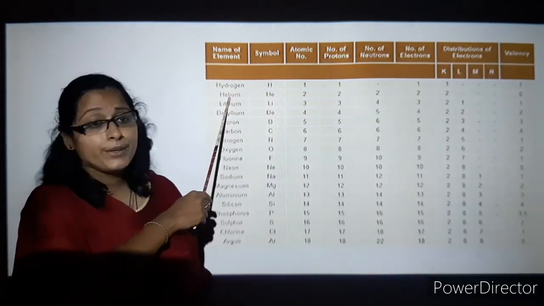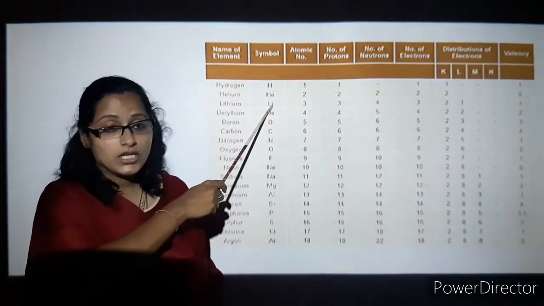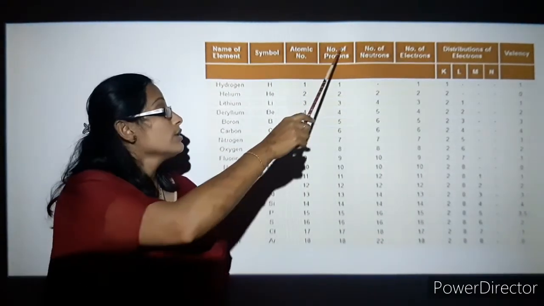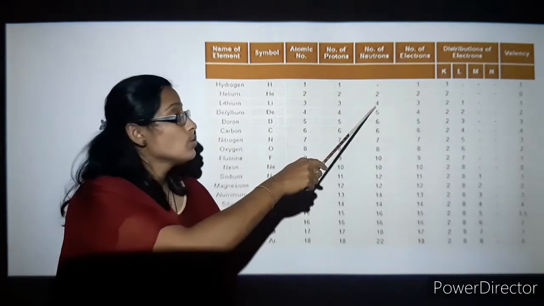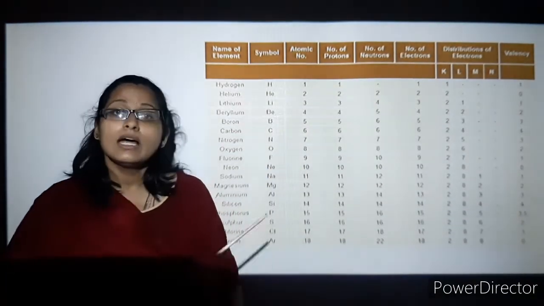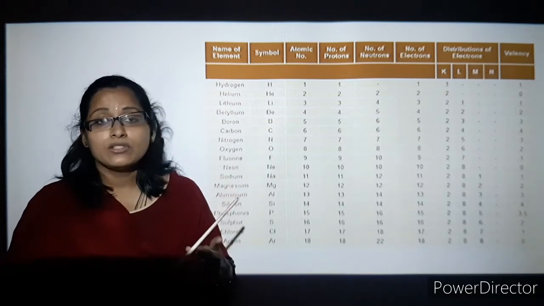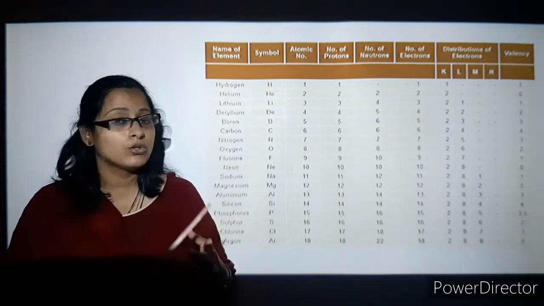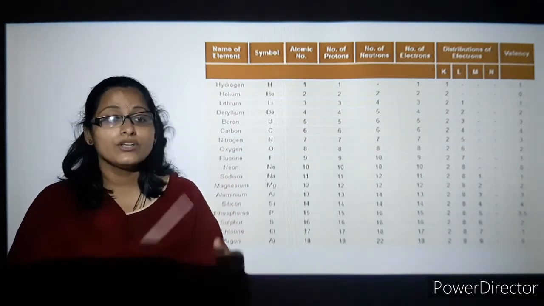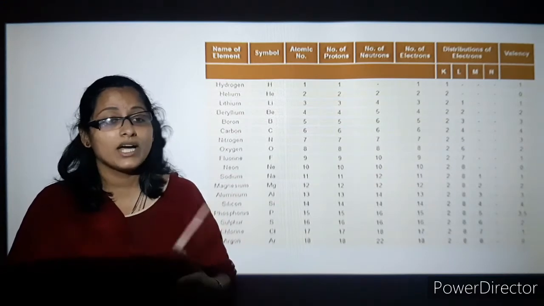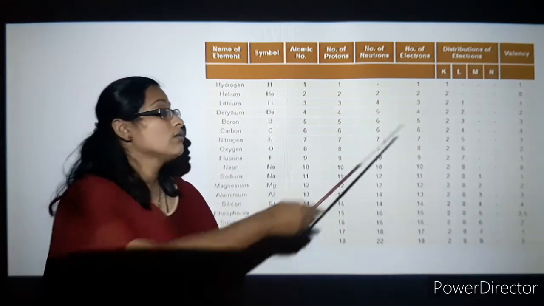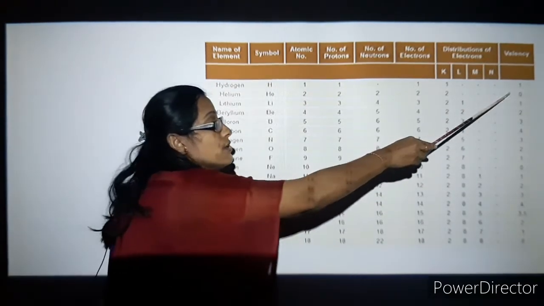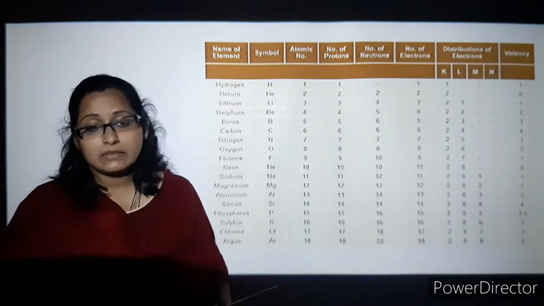So next is helium. So helium symbol is He and your atomic number is 2. So here you need not worry about it. So your protons remain 2, neutrons remain 2 and again electrons also remain 2 and your first shell is filled. So as I told, 2 electrons is filled, then what is your valency? You cannot write 2. You are filled in valency, you need to minus with the same number, 2 minus 2, that is 0, because you are not having any space to add one more electron there. So it is 0, it is a noble gas.